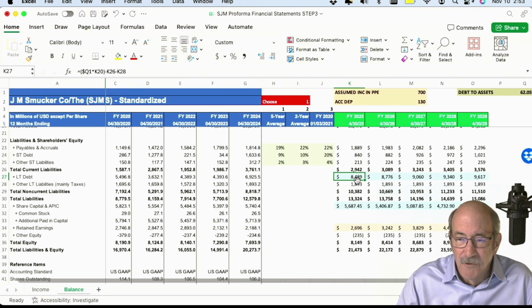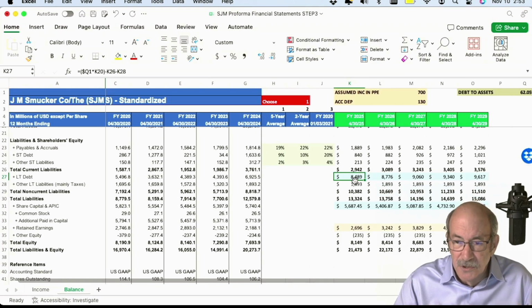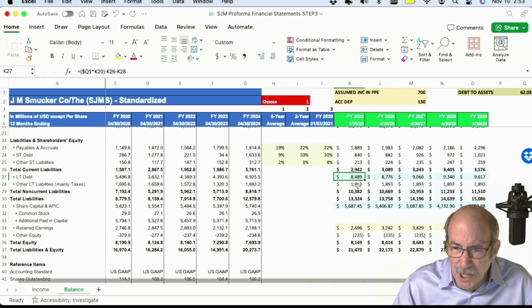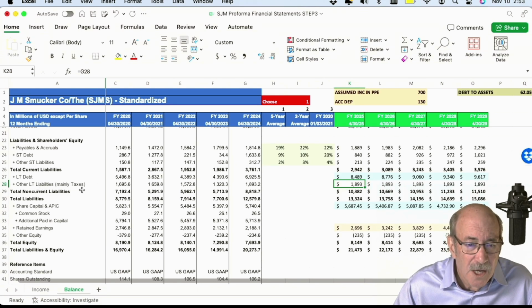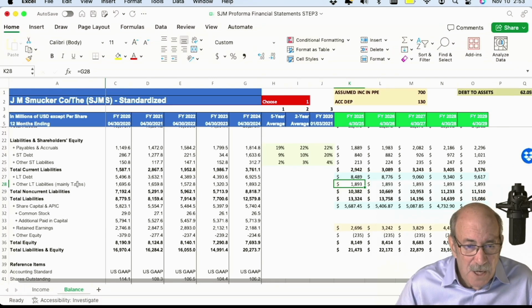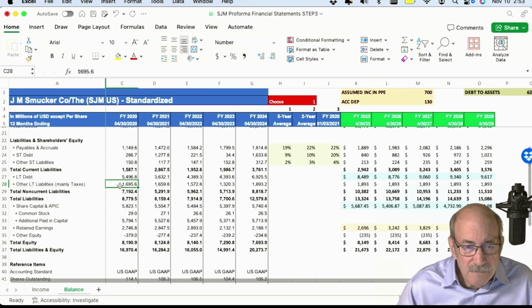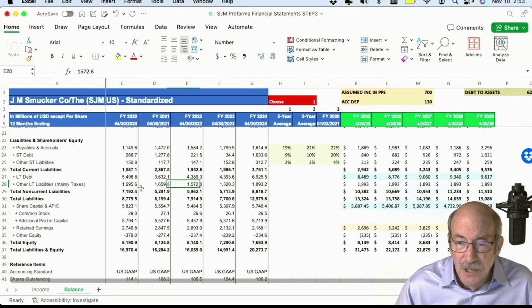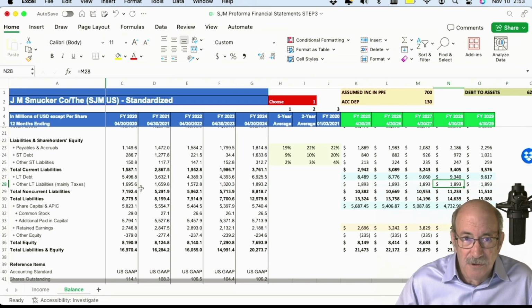All right. So we've got all our other numbers. I think one I didn't mention is, here again, under other long-term liabilities. This is mainly taxes. I looked at it beforehand, before I removed the sub-accounts, so I just made myself a note here. And notice that this tax liability remains relatively constant over time. So I'm actually going to take it as a constant and just use it as a constant throughout all 5